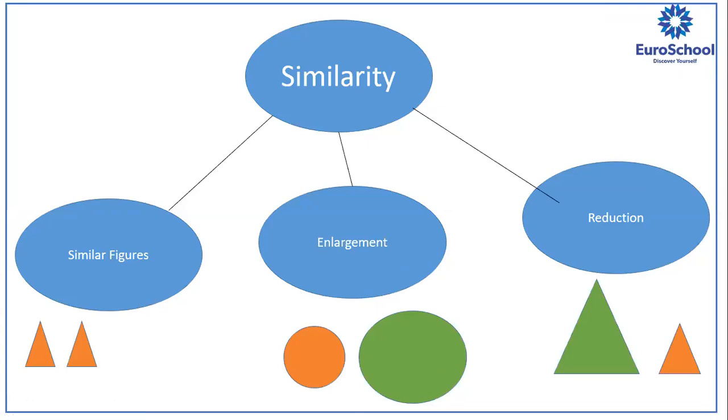Now, reduction is when you are reducing the size, but the shape will remain the same. Like the Taj Mahal, you have reduced it to a small size here, a miniature. This triangle, it's a big triangle. I've just reduced it to a small size. Only the size is changed, but the angles are the same. Okay. Now, an important thing is when you say two things are similar, it doesn't mean they are congruent.